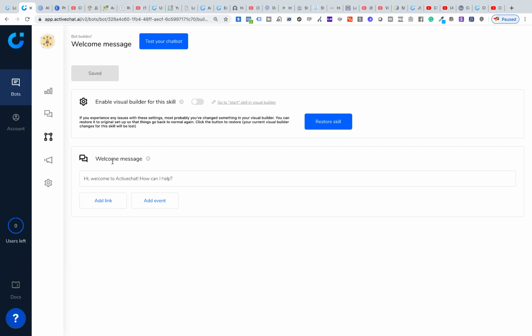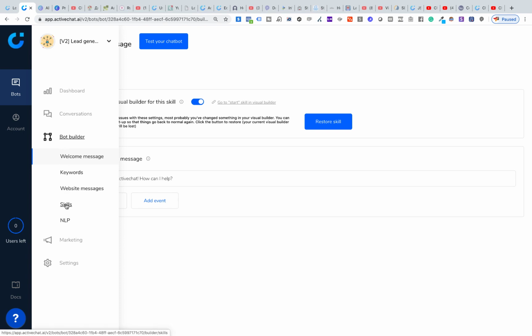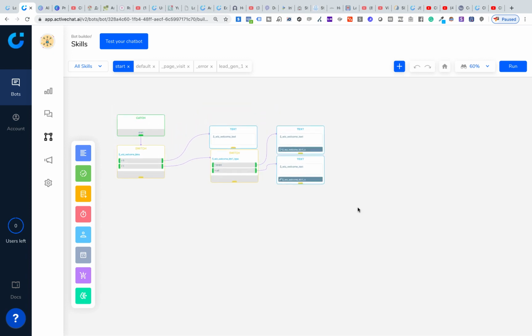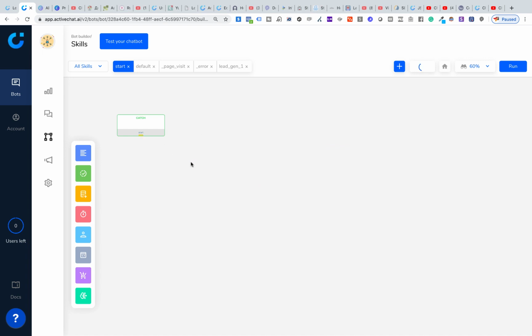If you want to further customize this skill, making it more specific for your business case, or maybe even adding a button to take your chatbot users right to the lead generation skill in your chatbot, you can enable Visual Builder for that skill, and then go again to Skills and choose Start Skill here. Hold the Shift button on your keyboard and select every block,